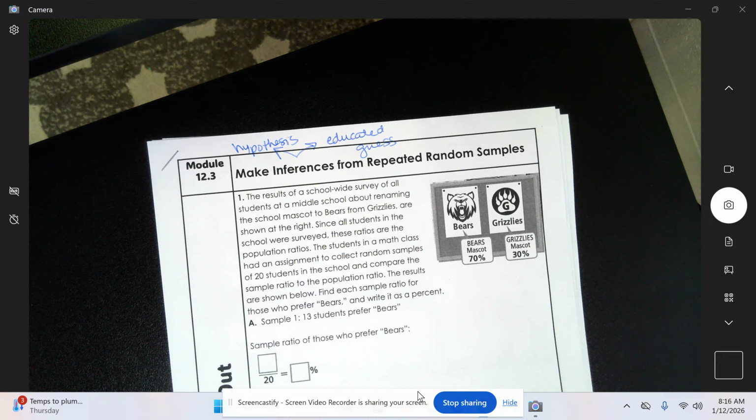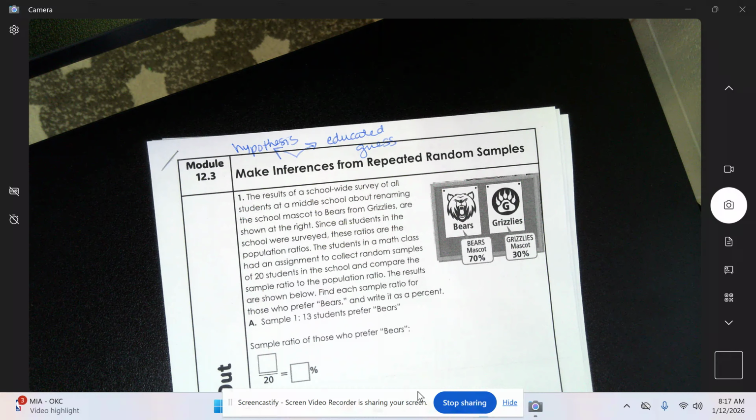So according to the school-wide survey, is the school-wide survey the population or the sample? Population. How do we know it's the population? It's the whole school, so it's school-wide. This is the result. 70% wanted it to be Bears, 30% wanted it to be Grizzlies. So are the students in favor of Bears or are they in favor of Grizzlies? Bears, okay? Since all the students in the school were surveyed, these ratios are the population